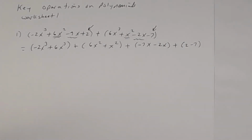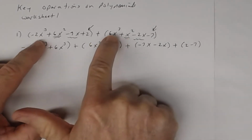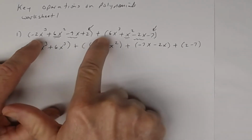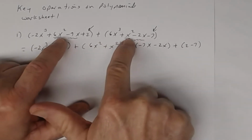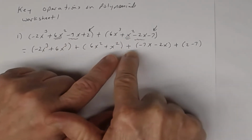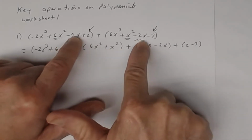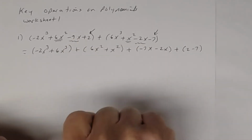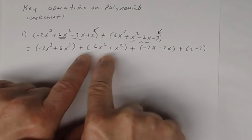So mentally, this is what you're thinking. When I add two polynomials, I'm going to group my like terms together and add them. So I have negative 2x cubed plus 6x cubed. Okay. Then the x squared terms, I have 6x squared and a positive x squared. So that's what you see here. And I'm going to add to those the next group, which is a negative 7x and a negative 2x. So that's what you see here. And then the constants, a positive 2 and a negative 7. And then all you're going to do now, in those little four groups that I've formed, is